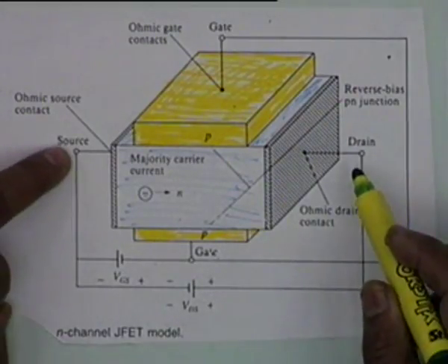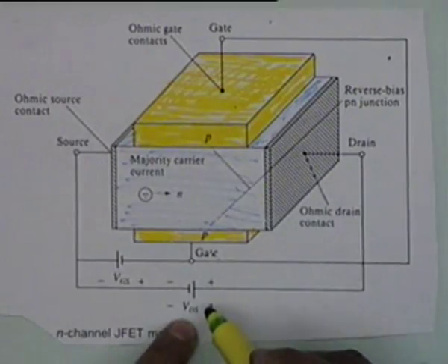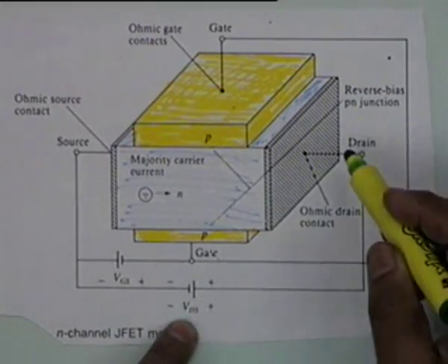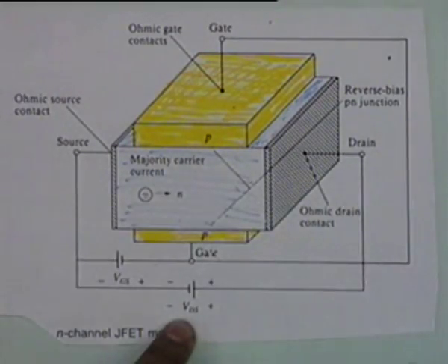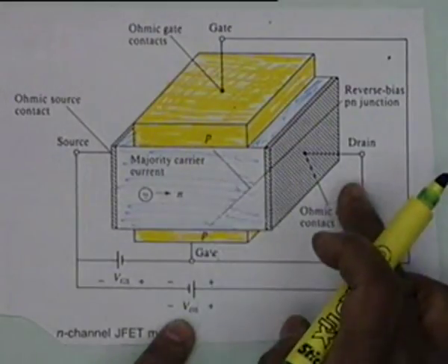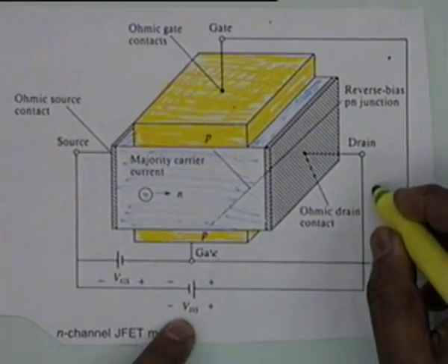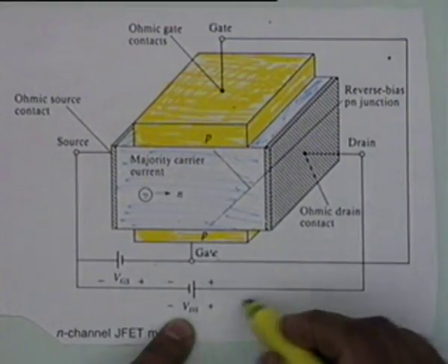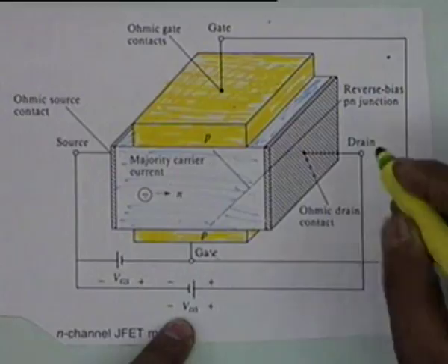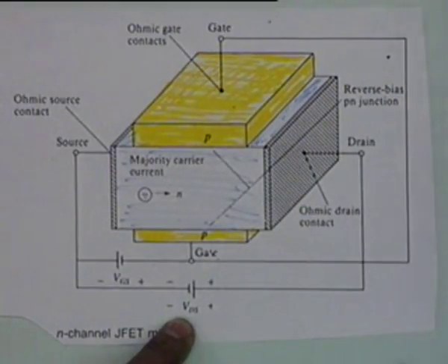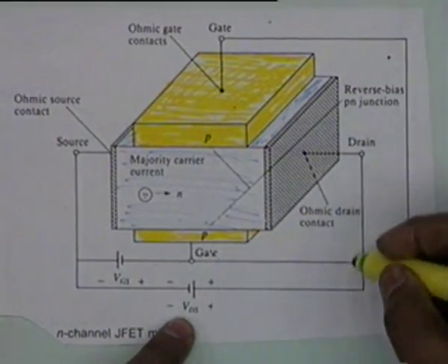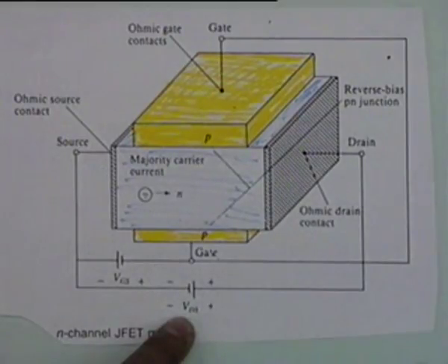Between the source and the drain, as you can see, there is a voltage VDS, positive here and negative here, so that the electrons are attracted towards the drain. Actually, the actual drain current flows in this direction, correct? From the battery positive, it goes in this direction. But electrons come and are drained away to the positive terminal of the battery.